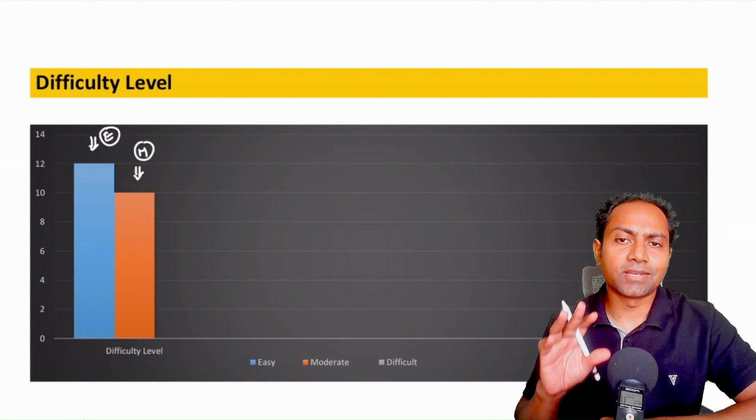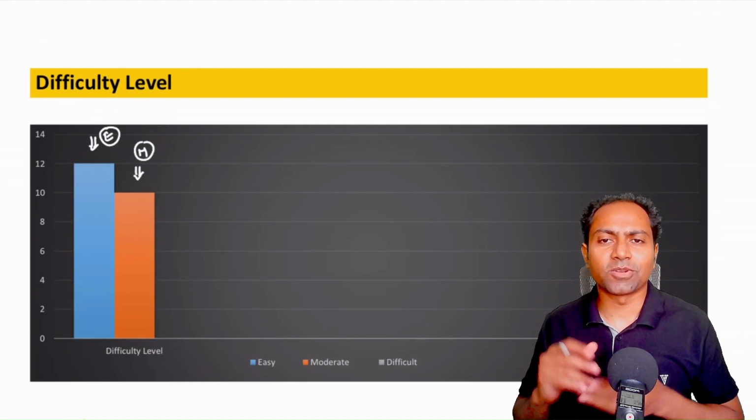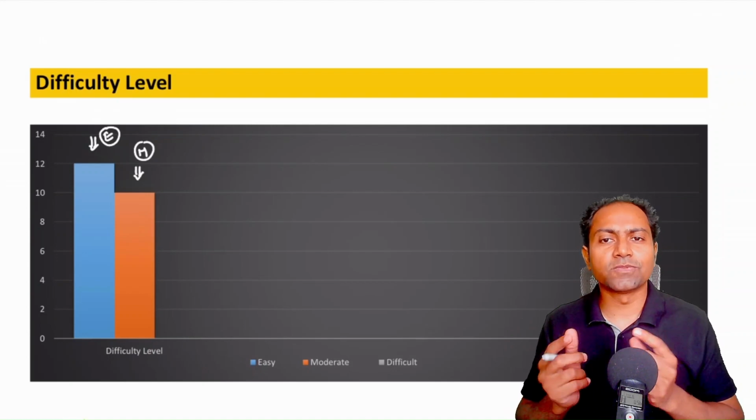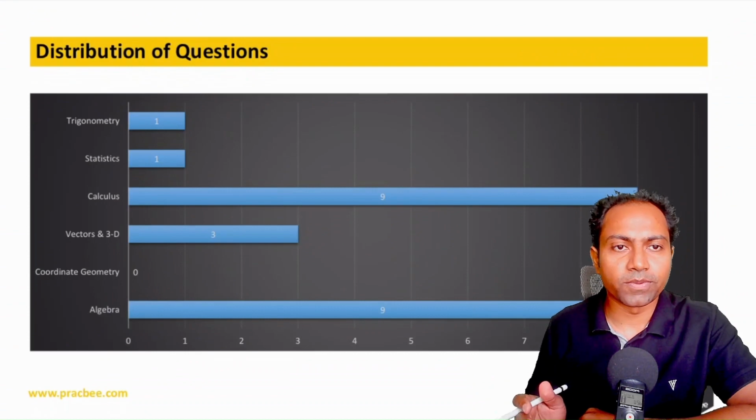And you can see that the 30th January shift 1 paper behaved in a similar manner. I would consider that paper easier than this paper, because this paper had a few questions which are based on mixed concepts. Now if I talk about the distribution of the questions among topics,